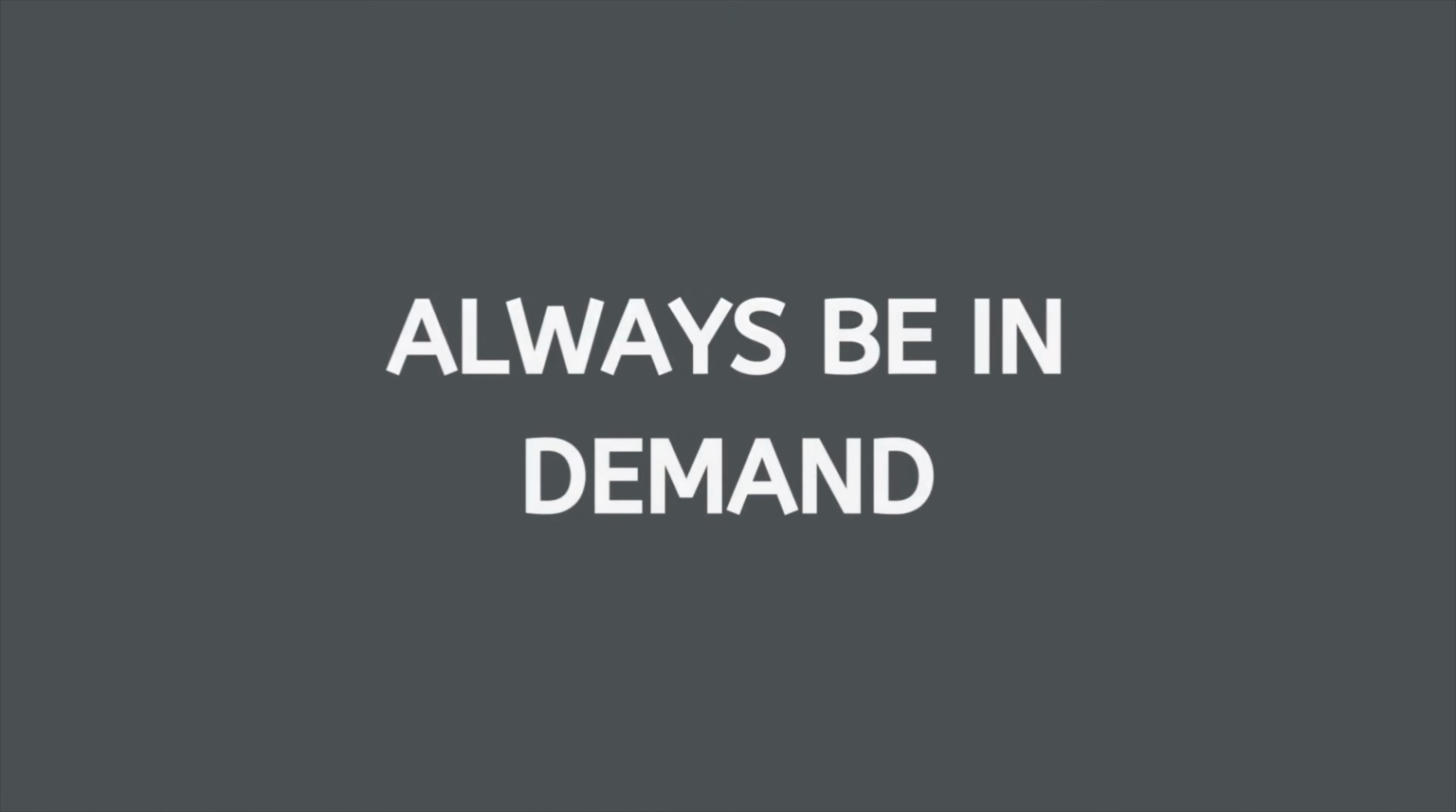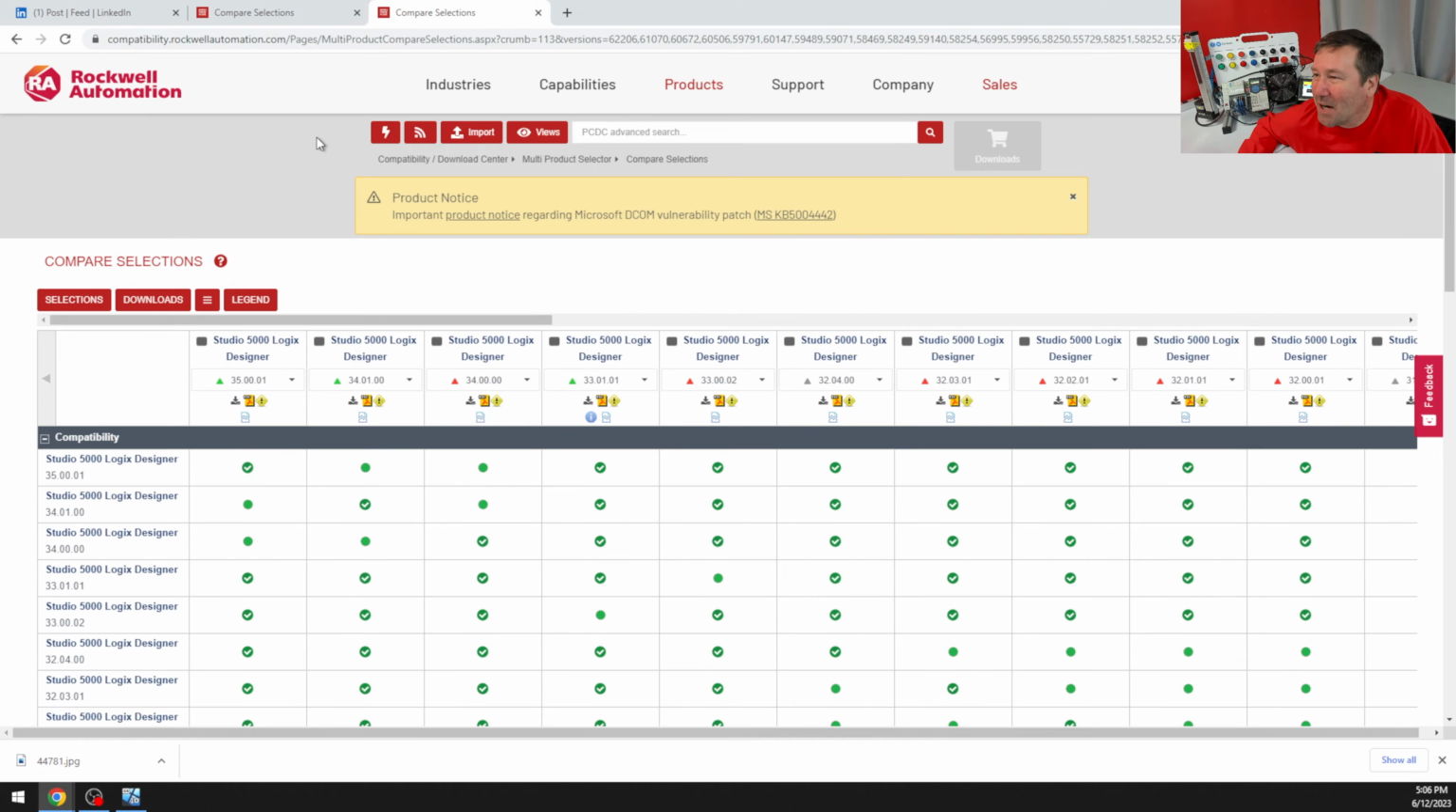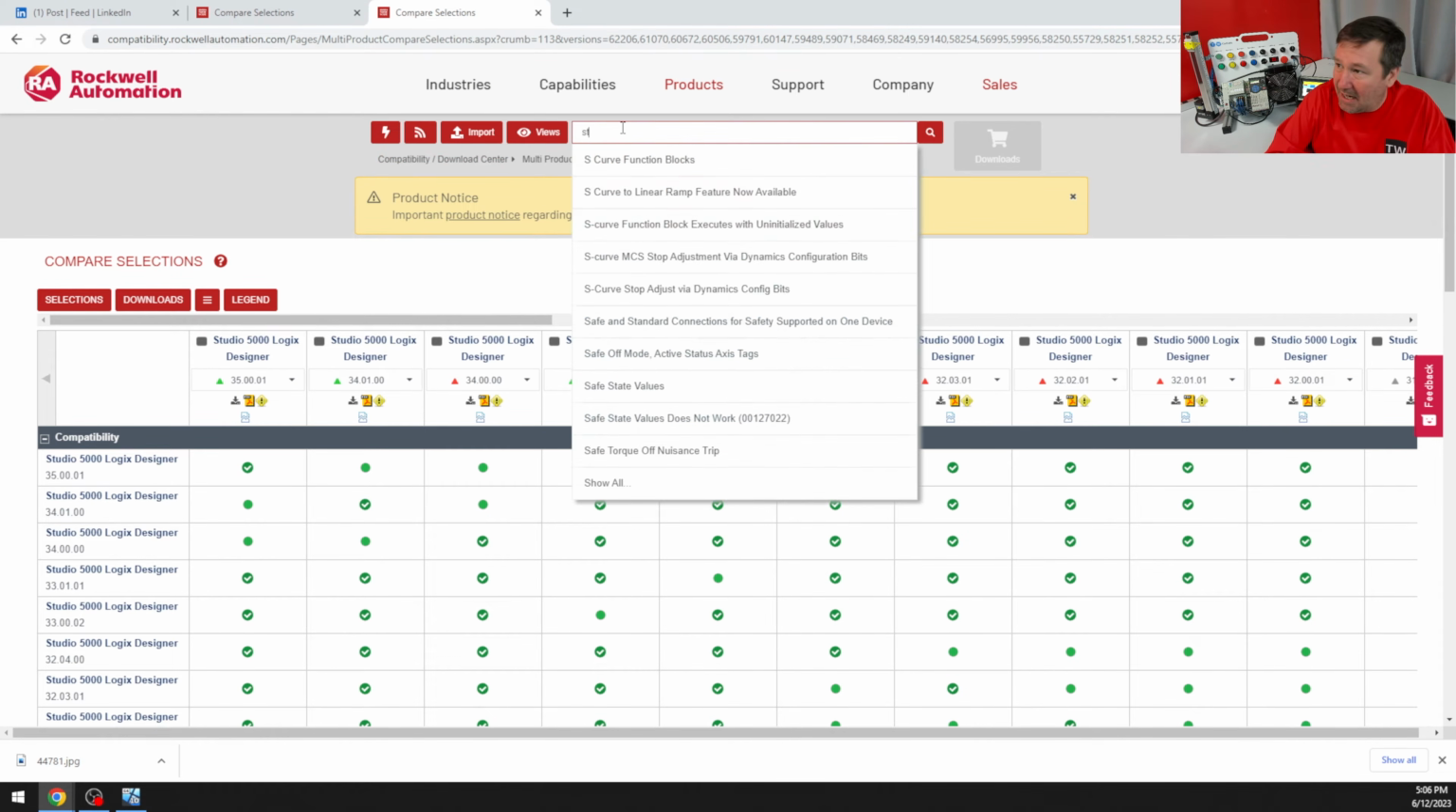What's the difference between RsLogix 5000, Studio 5000, and Logix Designer? Nothing. They're all exactly the same software. If we go to Rockwell Automation's Compatibility and Download Center and just start typing Studio 5000, we're going to get